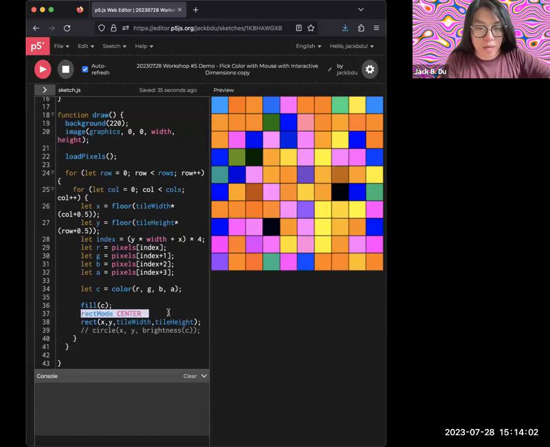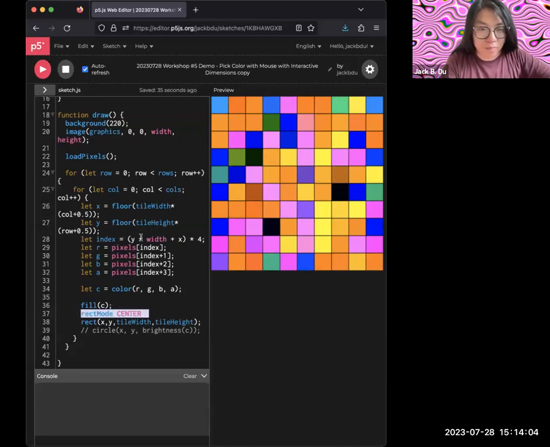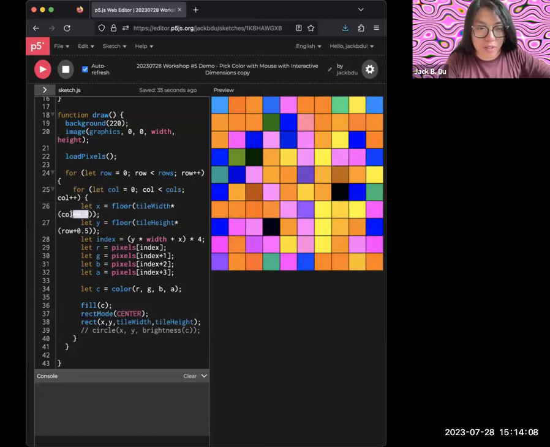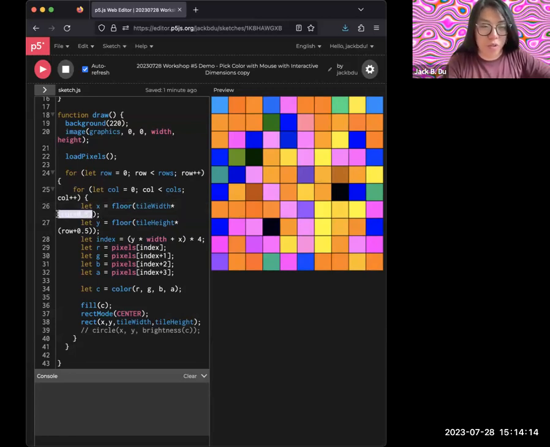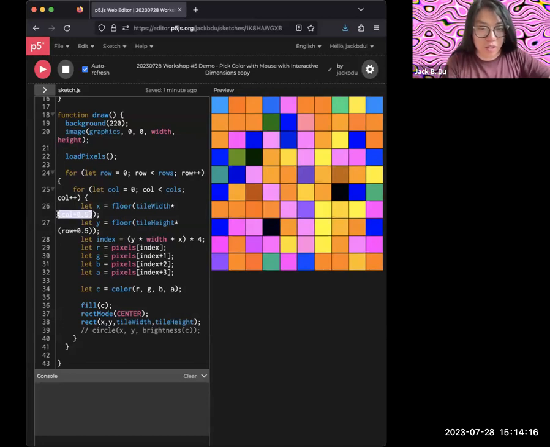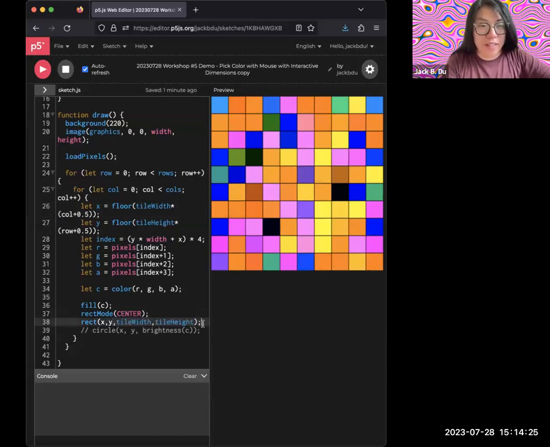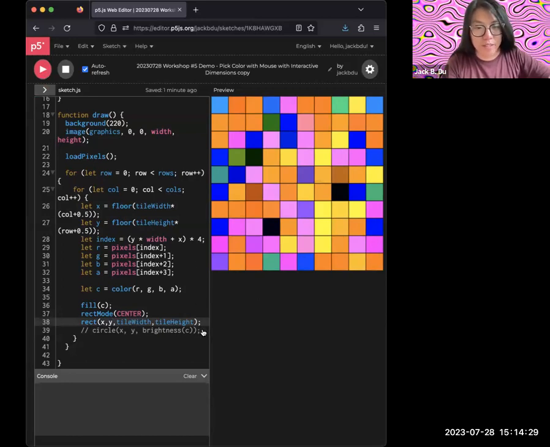And we change rect mode to center because when we calculate the X, we are using the center of each tile. We are using that center because later when we are doing rotation, it's a lot easier to work with. So X, Y, and then the tile width and tile height, that's calculated based on each tile. And there you have it,